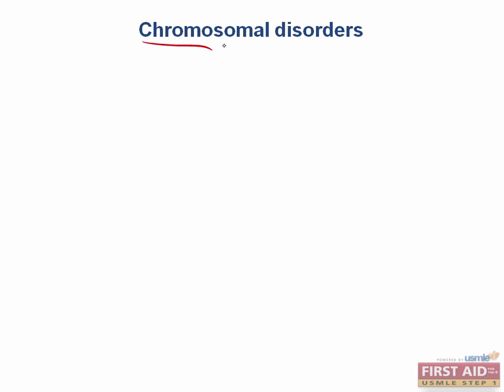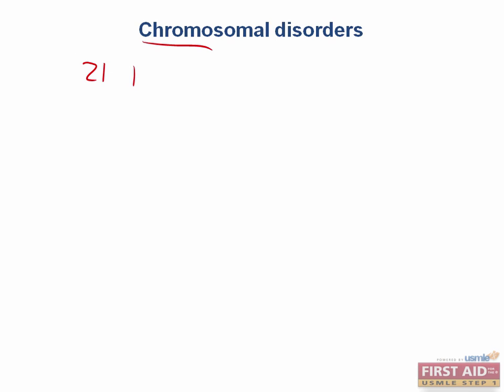Knowing which chromosomes have mutations that can cause certain genetic diseases can be pretty helpful for the step 1. They'll often describe a patient and then say that there is a mutation on a particular chromosome, and usually you'll have a pretty good sense of what the disease is from the description, but if you know the chromosome also, then the question can change from a hard one to an easy one. Sometimes they'll also describe a disease and then ask you what chromosome the mutation is on, so it's important to know these. You should take the time to sit down and quiz yourself on this a few times before the exam to make sure you know them, but I'll give you some tips.